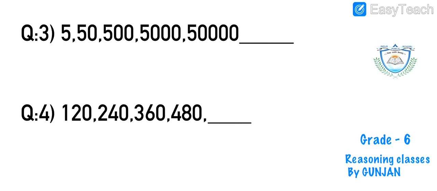So many 5s and 0s. Chalo, try out the next question. 5, 50, 500, 5000, 50,000. Can you see here 5 is constant but the number of zeros is increasing. Starting with the first number we don't have any zero, but in 50 we have 1 zero. Then in 500 we have 2 zeros. So what can be the logic here?